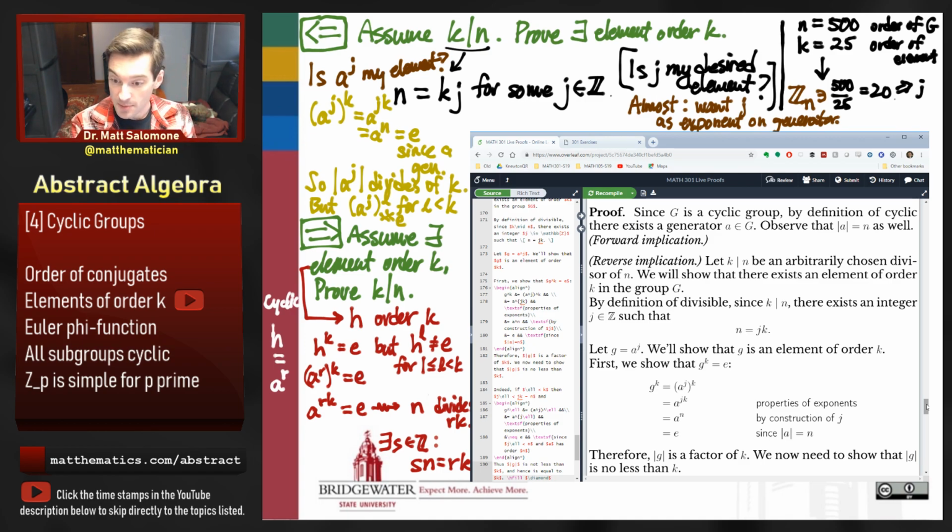And so we have this equation that relates these four different variables together: s, n, r, and k. And I somehow want to make the argument that k divides n. Well, that's not going to be easy to do unless I happen to know that r divides s. If r divides s, then we'll be in good shape. But I don't think there's a way that we can control for that. So I think the piece that we're not quite getting yet is the second definition of order. h had order k, which means its kth power was the identity, but that no smaller power was equal to the identity. And so I don't know that this is going to be the right way to go here.